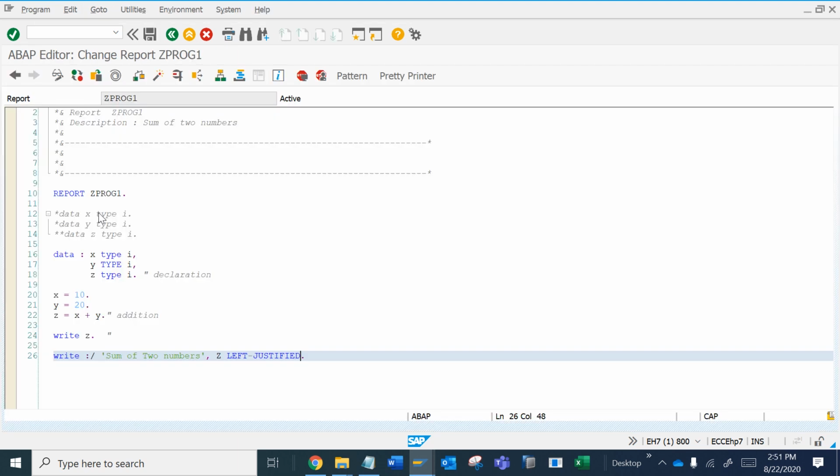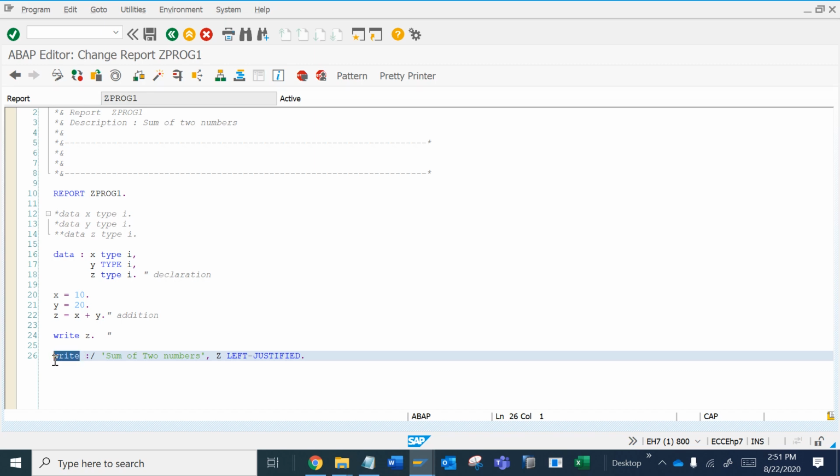So maybe now the question arises in your mind, how can we find all the keywords? For this we have documentation in ABAP. Now let's suppose you want to check all the keywords used in the write statement.